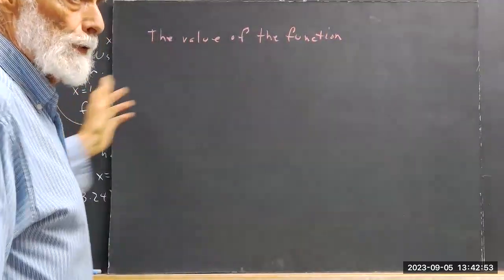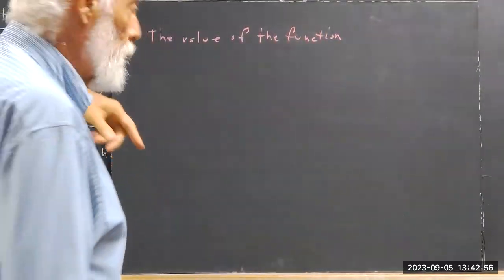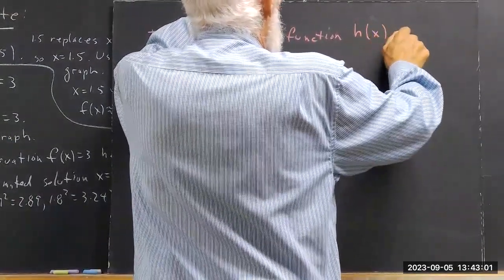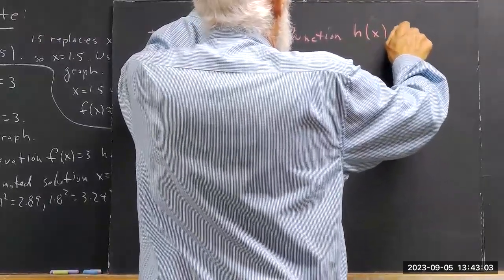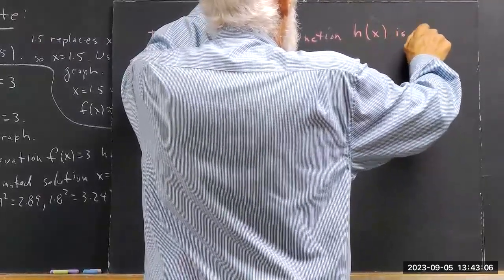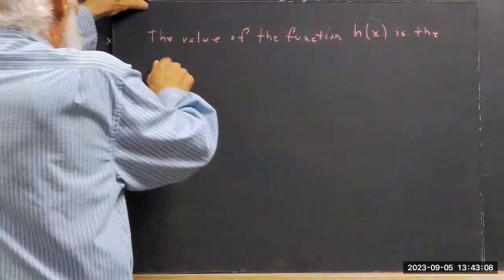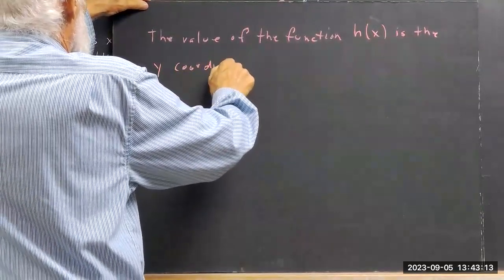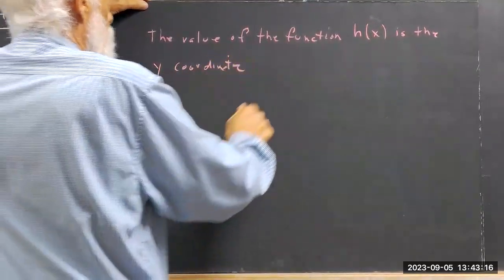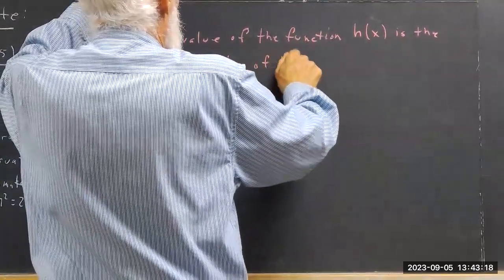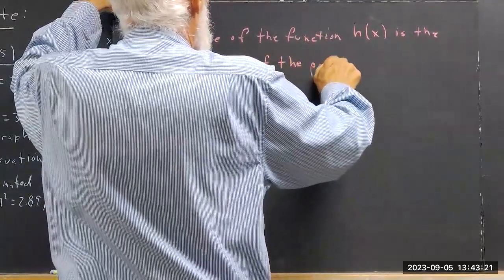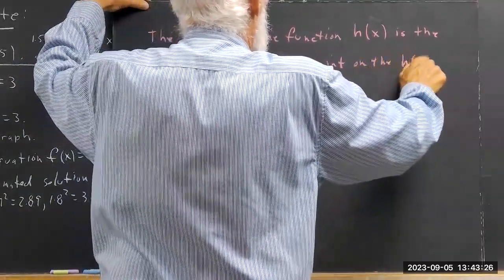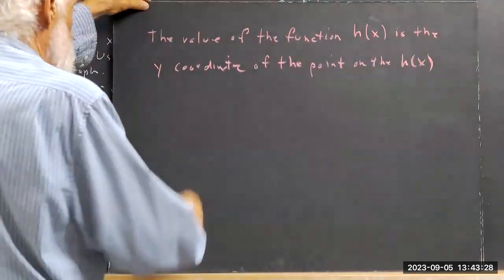I don't want to use f of x or g of x because that goes back to graphs that we're talking about right now. So I'm going to call it h of x. Y coordinate of the point on the h of x graph